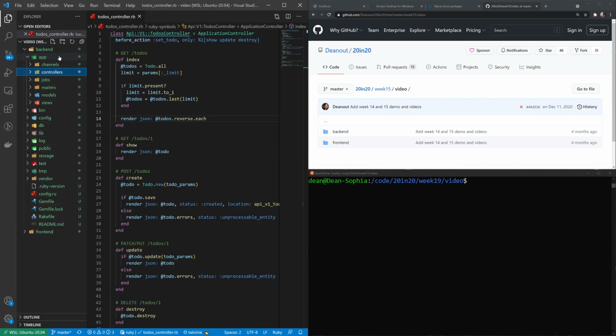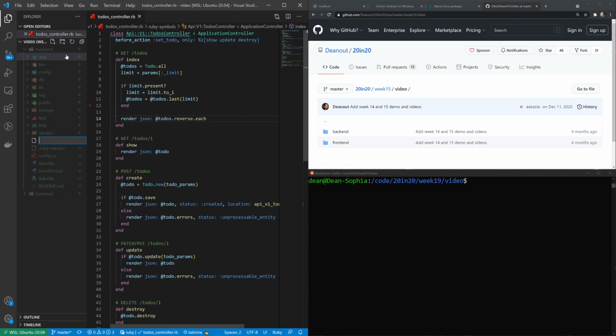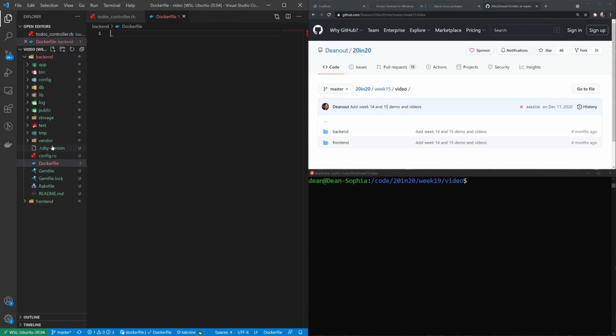The next thing I'd like to do is we'll right click, create a new file under app. Actually not under app, we'll create a new file under backend, and we'll just call this Dockerfile. Now really you can name this whatever you'd like to, but in this case we're just going to name it Dockerfile. And what this Dockerfile is, when we're creating our image, so like our Dell machine, it's the operating system we want on it, and it's the bloatware that we want on it. So the initial thing that we're going to ship with our laptops, that's what we're going to put